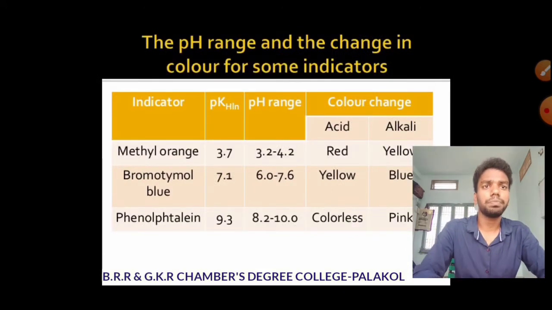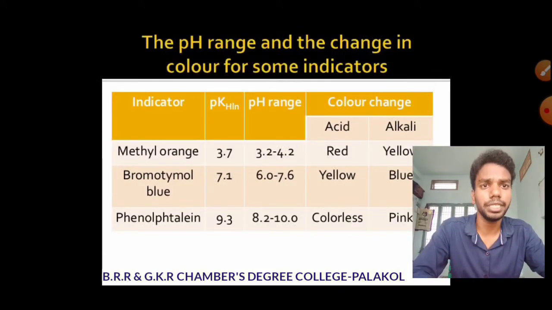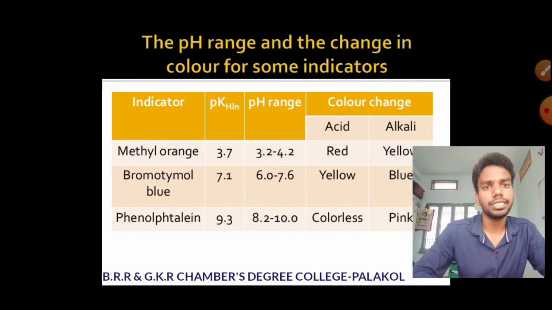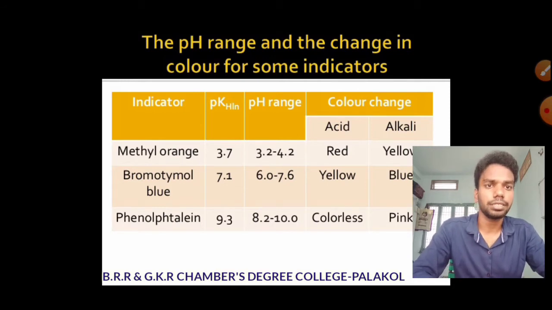Now here are the pH range and the change in color for some indicators. You need indicators to identify the color change, to identify the end point. So for the end point you need pH indicators in acid base titrations. There are different types of acid base indicators: methyl orange, methyl red, bromothymol blue, and phenolphthalein. Methyl orange and methyl red are acid indicators, because here the pH is less than 7. Methyl orange has a pH range of around 3.2 to 4.2, and methyl red around 4.2 to